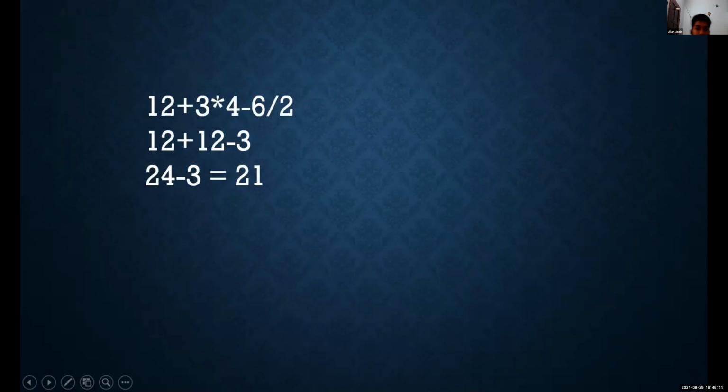So let us do one example: 12 + 3 * 4 - 6 / 2. Here look, the multiplication and division are on the same line, so we should start from the left side. 3 * 4 is 12, and 6 / 2 is 3. So 12 + 12 is 24, and minus 3. 24 - 3 is 21.